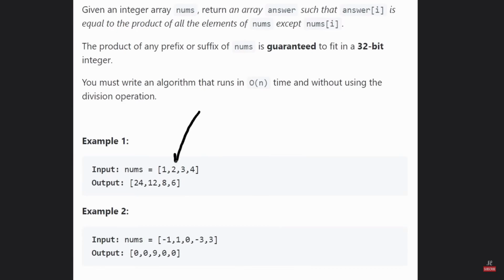Similarly, for the second value, we want to multiply every value in nums except for this value. So that's going to be 1 times 3 times 4, which is 12. So the second value in the output array is going to be 12. Now, the hard part about this problem is the restrictions that they give us. We have to solve this problem in big O of n time, and we have to do it without